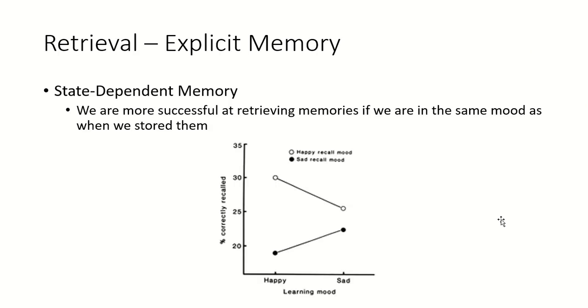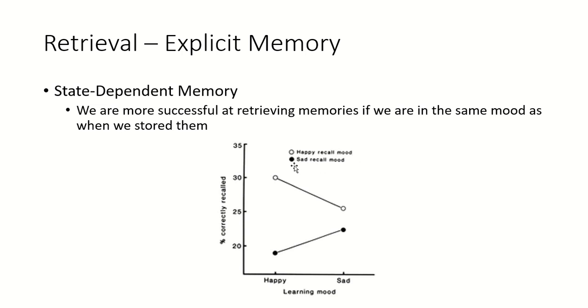Not only does external context matter in this regard, so it's not just about being on the land or on the water or what it smells like, but it's actually also about your own state. We have our internal state, right? Are you feeling happy? Are you feeling sad? And so forth. And it turns out that if you compare how well people do, if they happen to be happy when they're studying versus sad when they're studying,